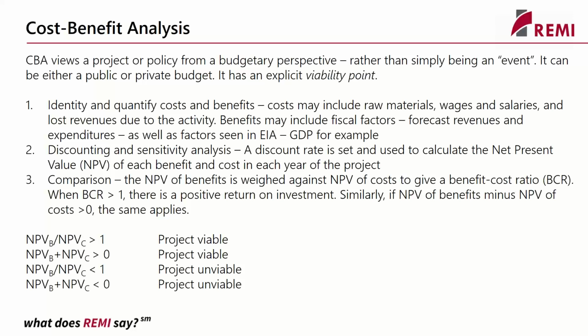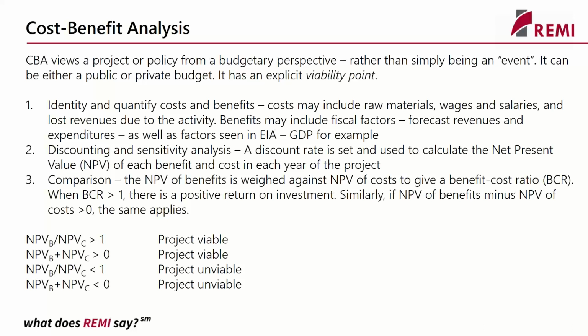Yeah, I was trying to think of a clear way to describe this. If you look at the second and the fourth equations on the bottom, assuming that the net present value of the costs is a negative value, then this would effectively be one number minus another number. You could also think of this as the net present value of benefits minus the net present value of the costs, just ignoring the fact that it's a negative number. But yeah, you're absolutely right.